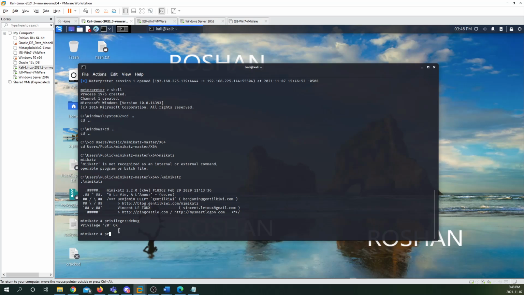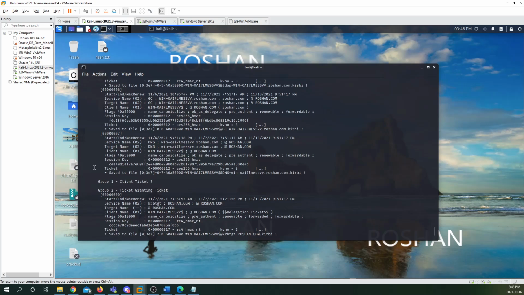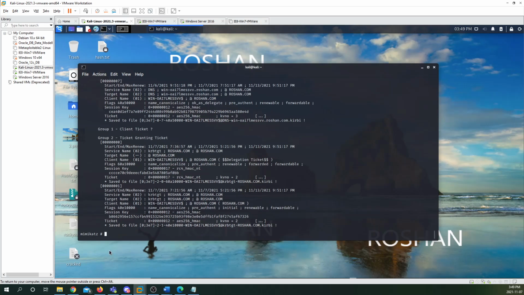Okay, then I'm going to load the command sekurlsa tickets /export to export my tickets. When I run this command, I can see all my tickets here. So after that, I'm going to type the command